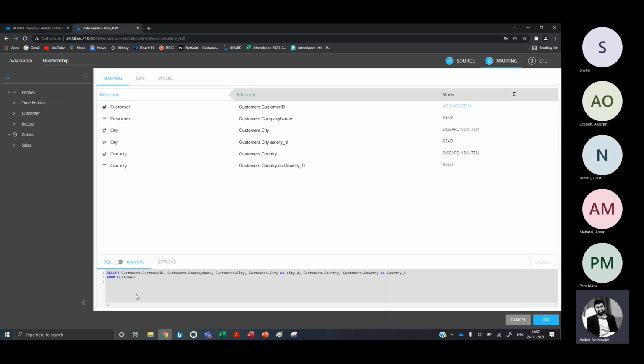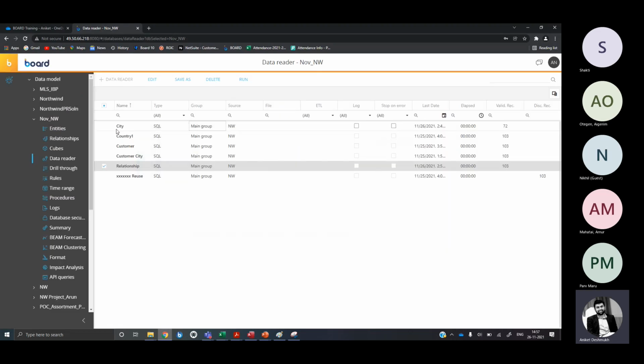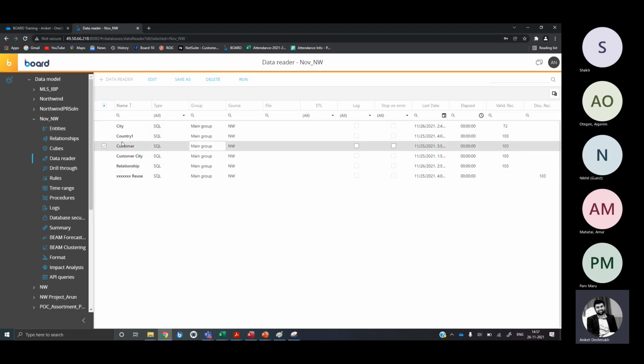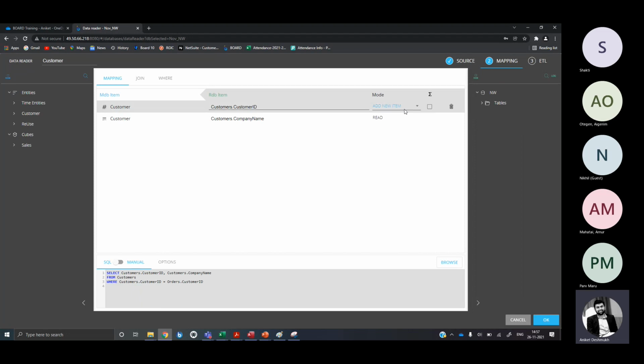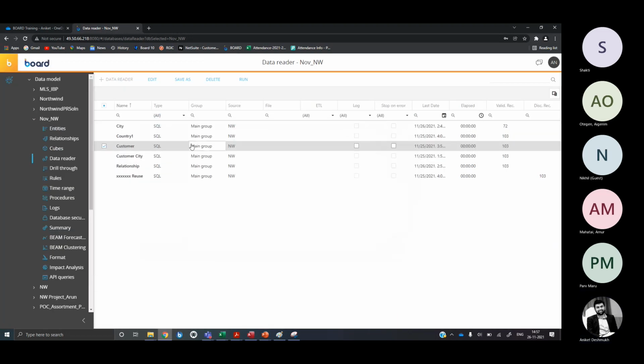Currently, let's take an example for a customer. We are loading the data for the customer. How many customers are present? 103. So let's load this data in the discard new item mode. What happens is,